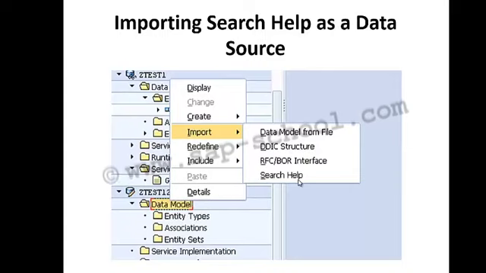In the service builder, we can reuse the existing search helps in a system as data sources to create the new entity types. Only the search helps in the local SAP system can be used as a data source. When we choose to use search helps as a data source, the service builder will allow us to import the search help parameters to create the OData model entities based on them, to map the query and the read operation for the model entities to their corresponding search help parameters, and to generate and register the OData service.